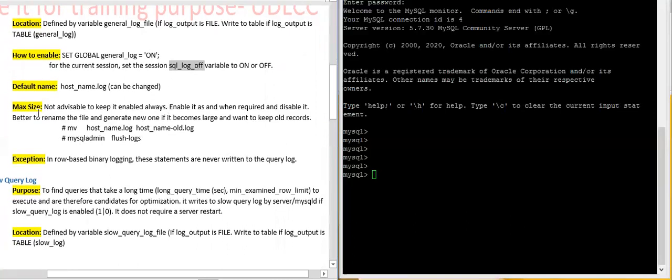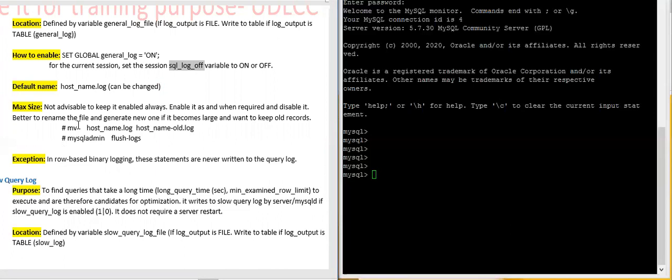What will be the maximum size? I did not see any maximum size for this log, but this kind of SQL statement log should be enabled only when you require it, because on a busy server there could be millions of SQL statements in minutes.